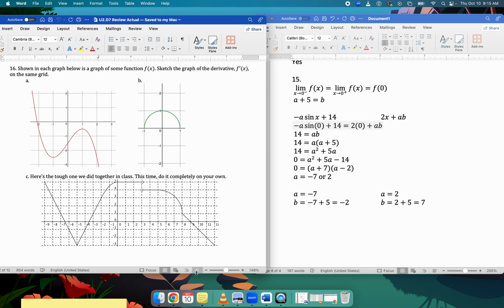Okay, 16, shown in each graph below is the graph of some function. Sketch a graph of the derivative. I mean, what I would say here is basically,